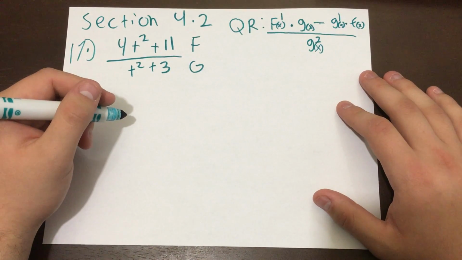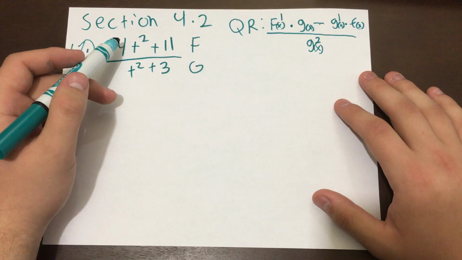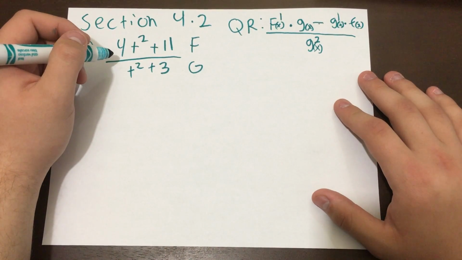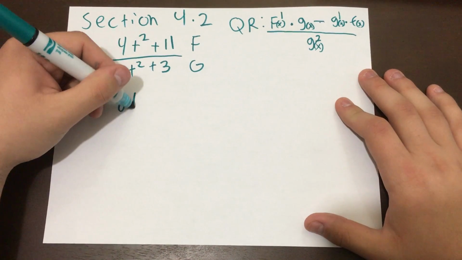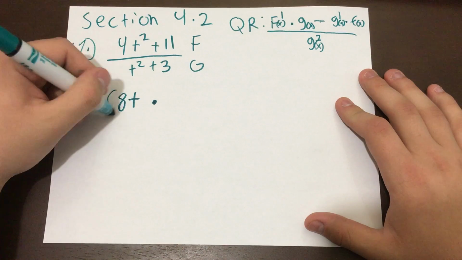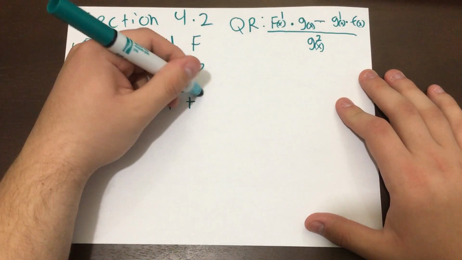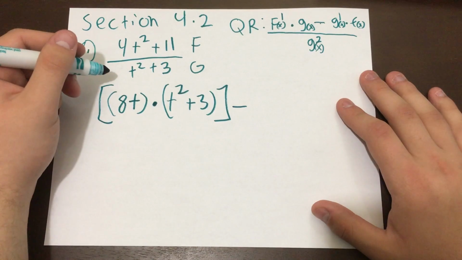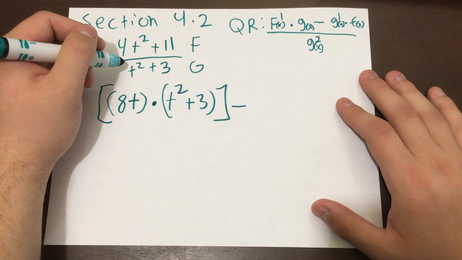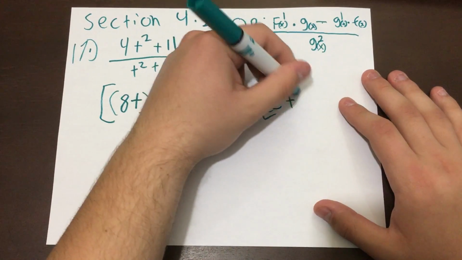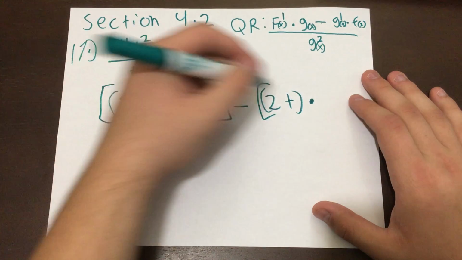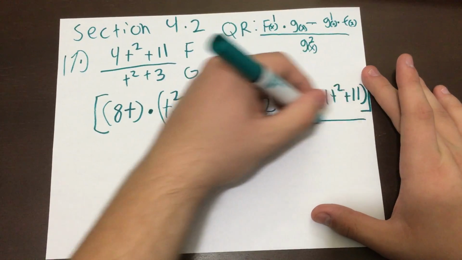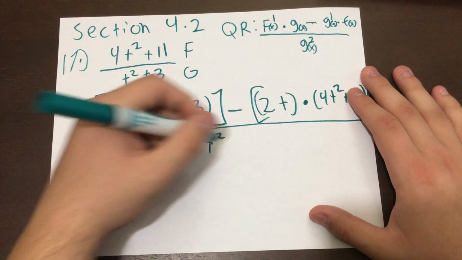So what we're going to go ahead and do here is find the derivative of f. So f is 4t squared plus 11. So we're going to bring that 2 down. 2 times 4 is 8t. 8t times g, which is just t squared plus 3. Okay? Minus, I always do brackets, that way you can sort it all out better. So now we're going to take the derivative of g, which is just going to be 2t, times 4t squared plus 11, all over t squared plus 3